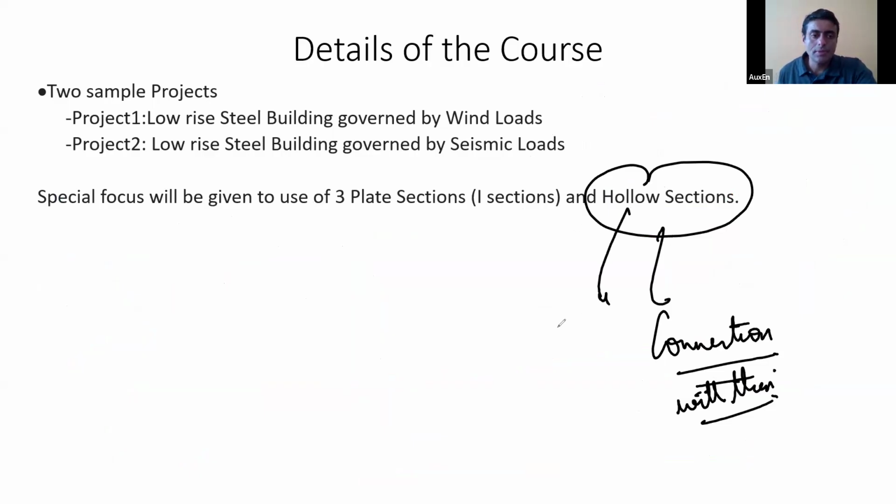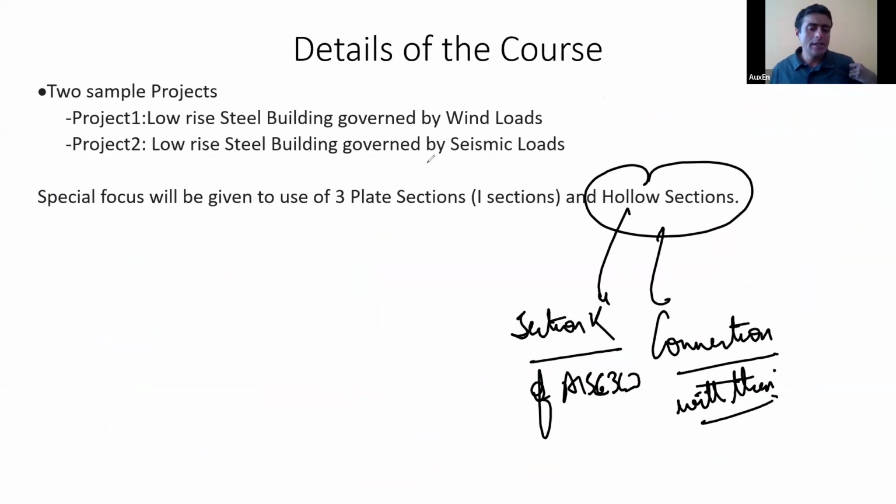So this problem gets addressed in section K of AISC 360, if you look at it. It addresses this problem of connections with hollow sections, and there are some connection strategies given for hollow sections. Also, if you refer to AISC 358, there are some prototype connections for hollow sections,